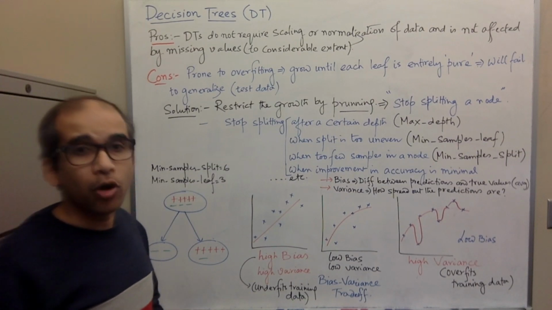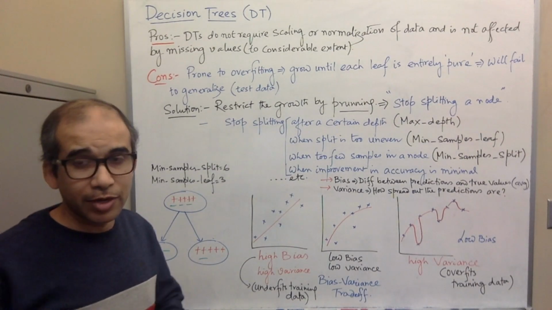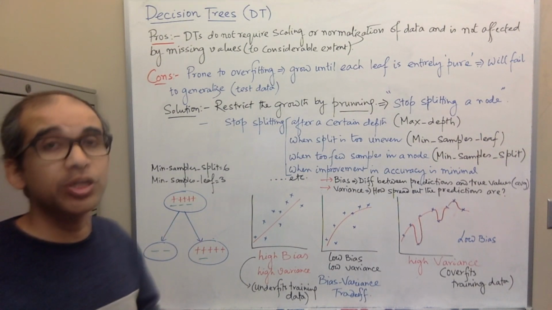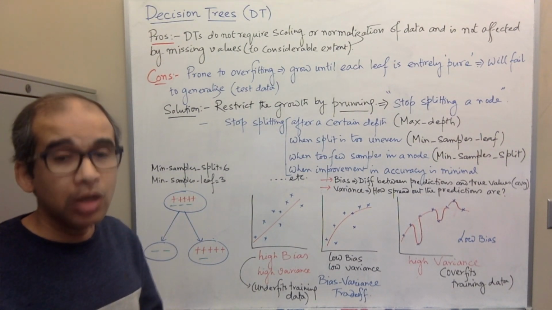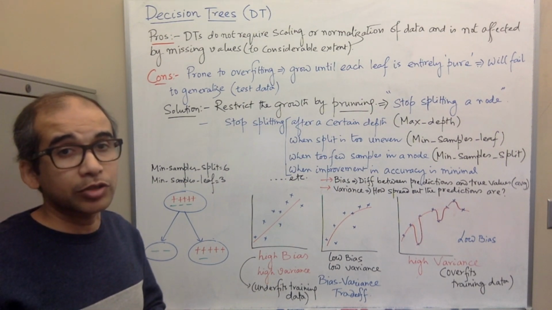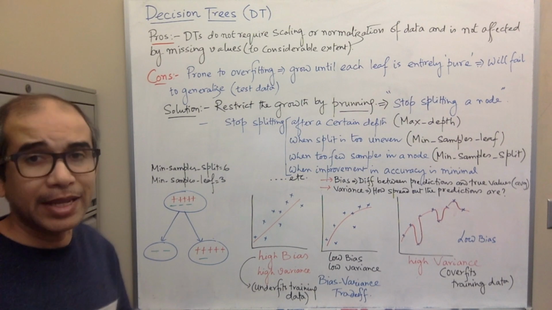Let's talk about some problems of the decision trees. Okay, this is very important. Decision tree is a good model, but it has some problems which you need to overcome to have a better model. So the pros, or the positive side, of the decision trees is that they do not require scaling or